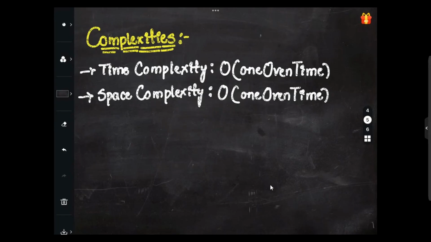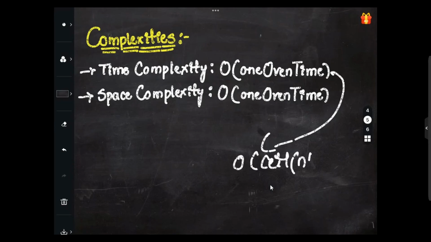As we are completely familiar with the approach, let's quickly discuss the complexities part. So what will be the time complexity here? The time complexity would be because of one-oven time, which is almost equivalent to the ceil of n by k, in the approach we discussed, right? We'll be making use of math.ceil, which comes from the math package. So this one into t,